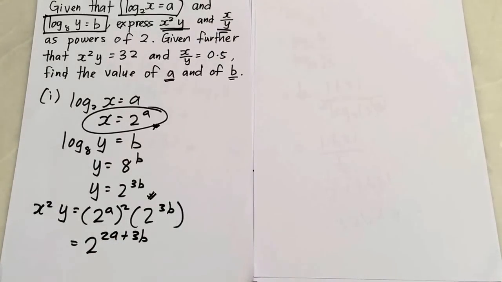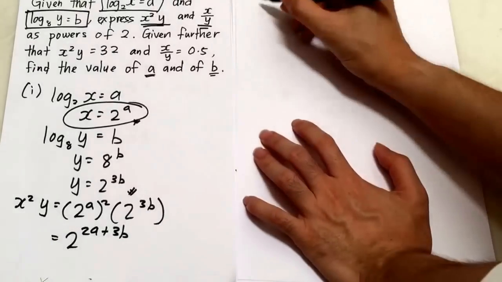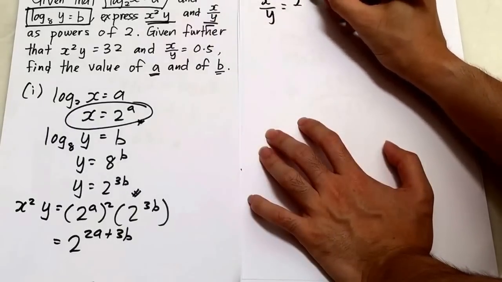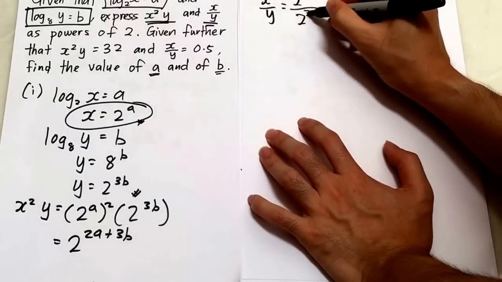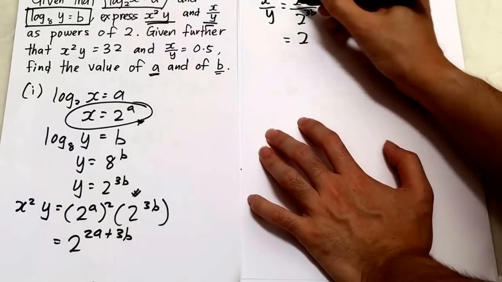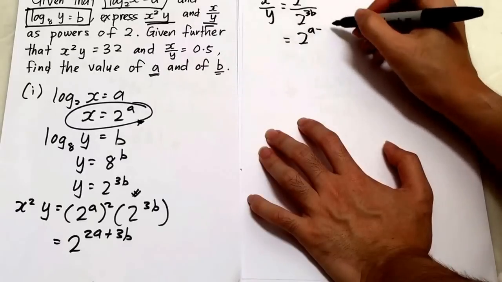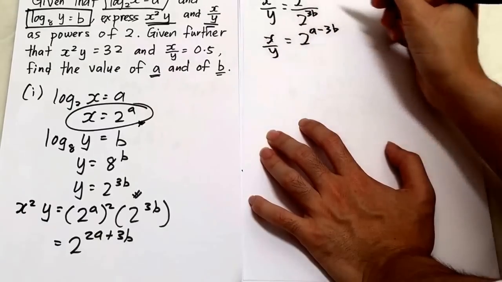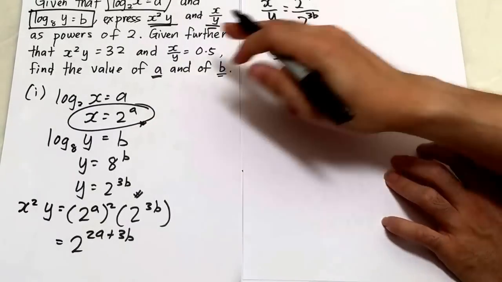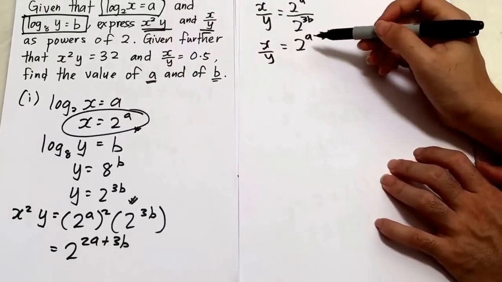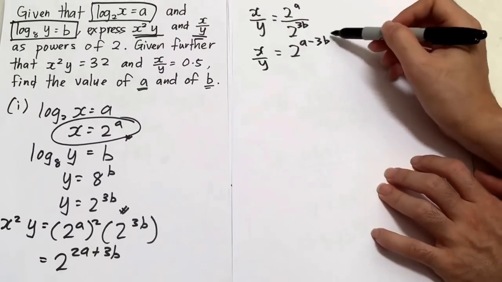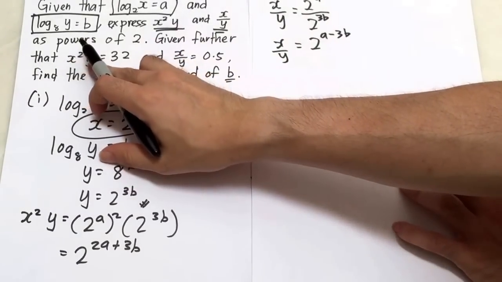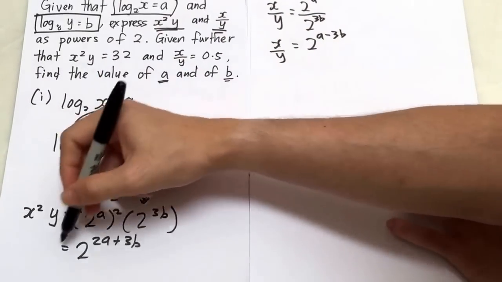Alright. Okay, same thing here. I have x over y. My x is 2 power of a and my y is 2 power of 3b. Indices tell us that divide actually means minus. Alright, this is x over y. So yeah, we have done the first part because it says express as a power of 2. You see, power of 2. Alright, then given further,